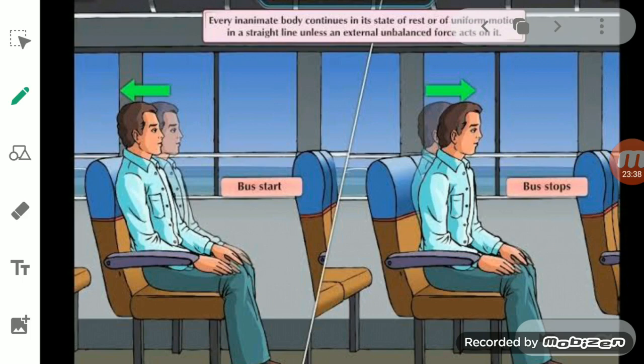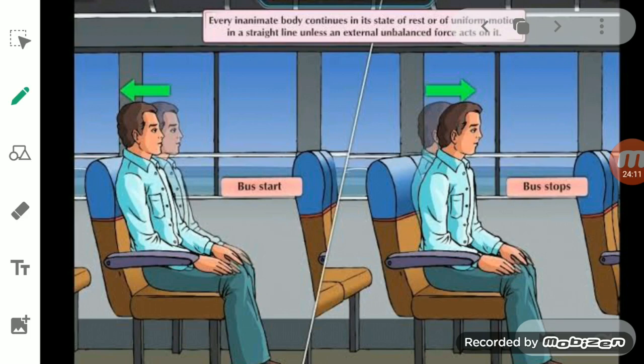So if a body is moving, it will not change its state of motion. At first it would appear that this is a wrong statement, because you have seen that if you stop pedaling a bicycle, after some time the speed goes down and finally it stops. It means the bicycle does not go on moving forever. It will come to rest after some time. So why is this so?